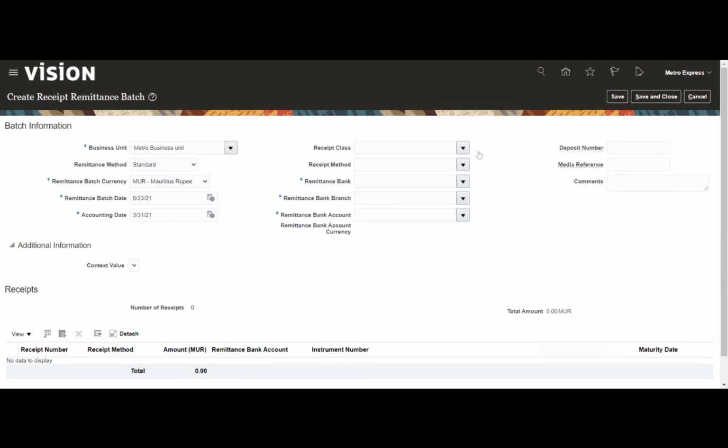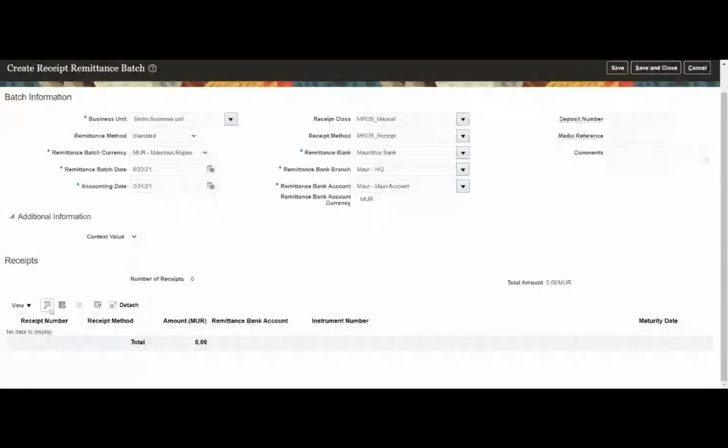Okay. And then we can attach the receipt class and the receipt method that we used to create the receipt. And from there, basically, system will pick all those details. And the final step is to add the receipt number that we created.